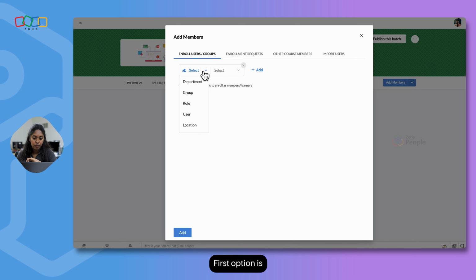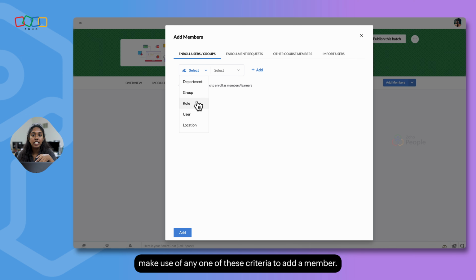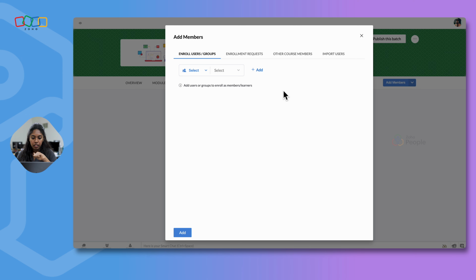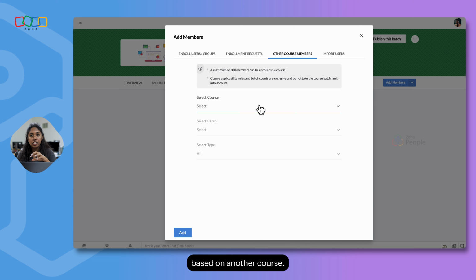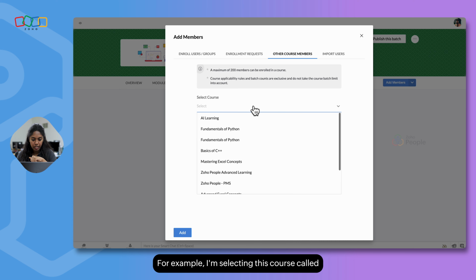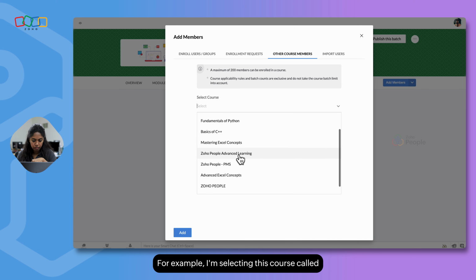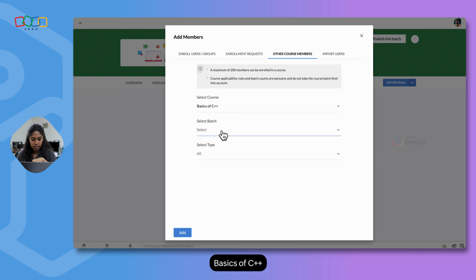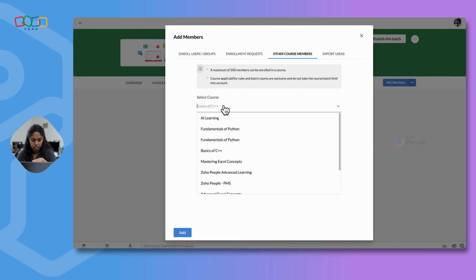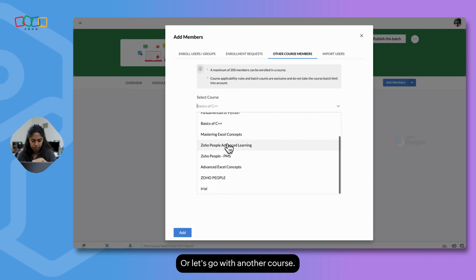First option is make use of any one of these criteria to add a member. The next option is other course members. That is, you can directly add members to this particular course based on another course. For example, I'm selecting this course called Basics of C++, and I'm selecting the batch, or let's go with another course.